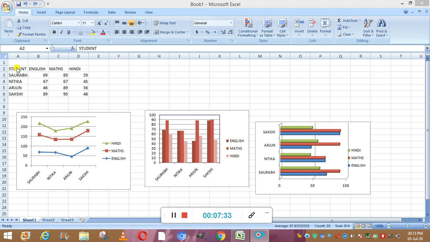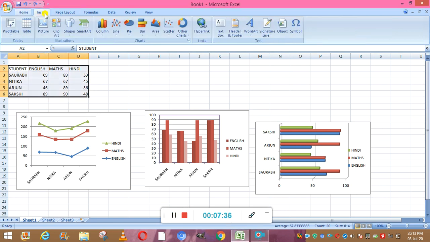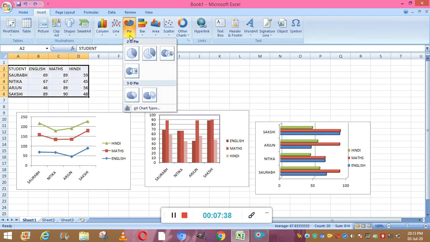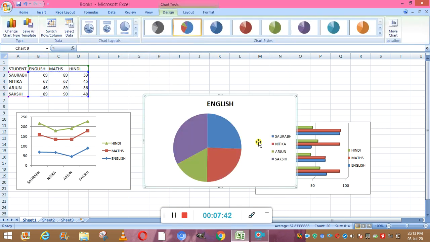After selecting the data, again we will go to insert, and then here you can select the pie chart. You can select any of the designs. Now this is the pie chart. This is in a circular form. Okay, it's a kind of a round pizza. So the data is represented in percentile form. Okay, like you can see this is 25%, this is 33%, this is 17%, and this is 25%. So this is how we can prepare the different charts.